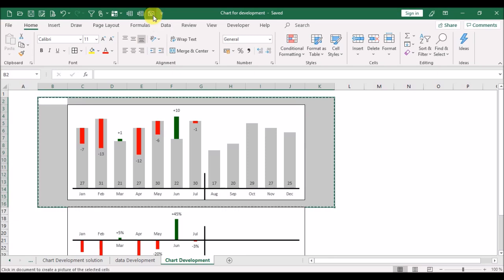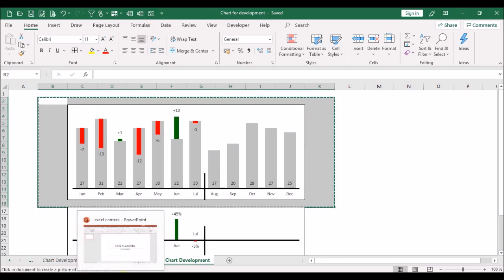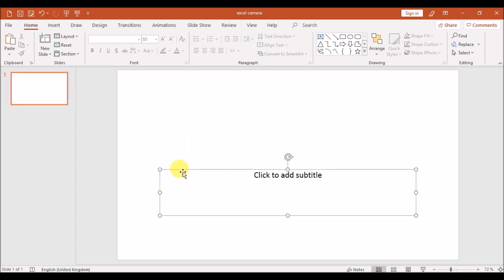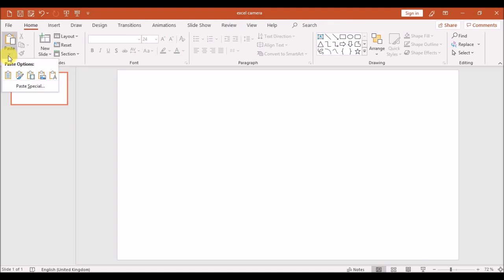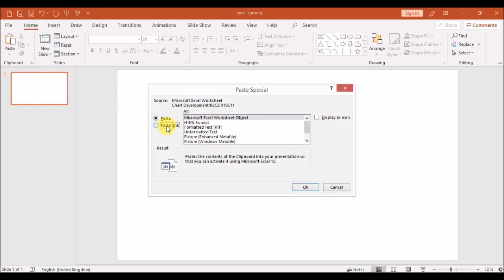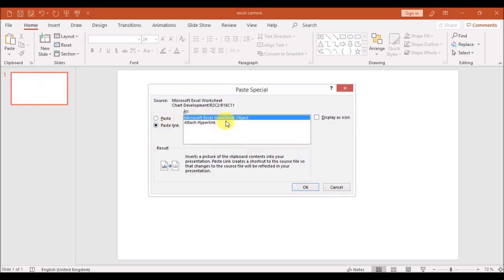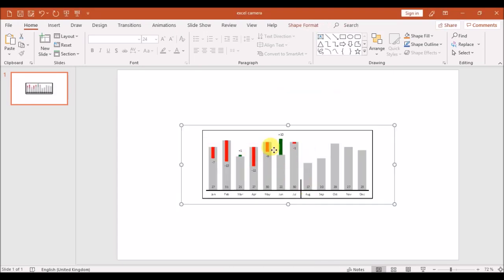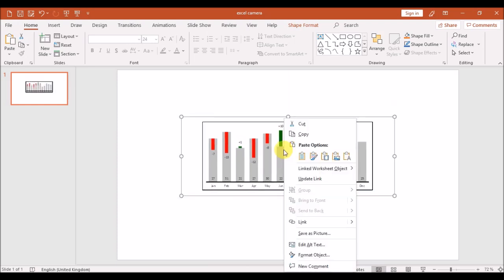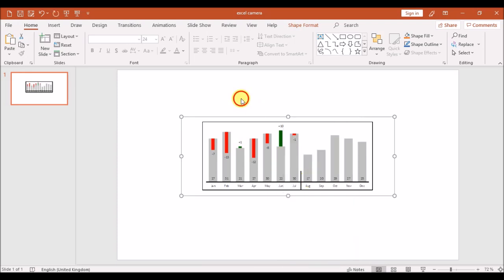Click on the camera. We open a new PowerPoint file, delete the title and the subtitle, and we go here to the arrow from paste and select paste special. Then we say paste link, Microsoft Excel worksheet, and we say OK. Here's our chart. We place it in the middle, say right mouse key, and we say update link, close it,